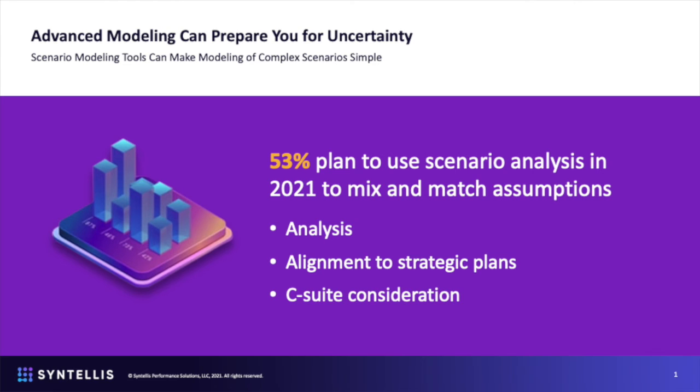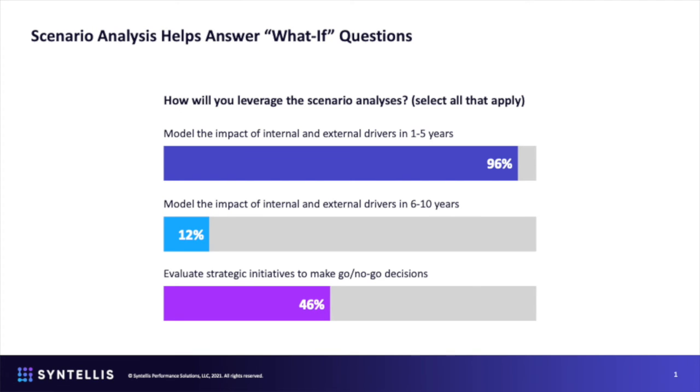Yeah. The other thing with the modeling that we're seeing is the time horizon, right? The folks who are doing it are looking at that 1 to 5 year, less than the 6 to 10. But then about half the institutions are evaluating strategic initiatives to make go, no-go decisions. When you see these numbers, Phil, what's the time horizon that you're focused on? And the other question I have is about the audience. What are they asking for, that you're delivering these scenarios to? What's the time frame they're asking for?